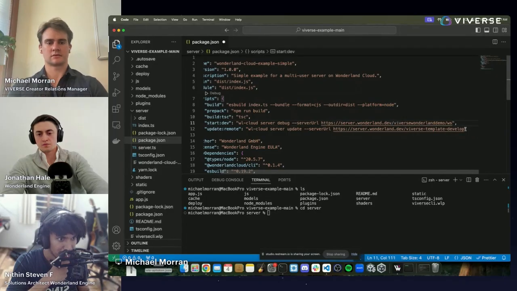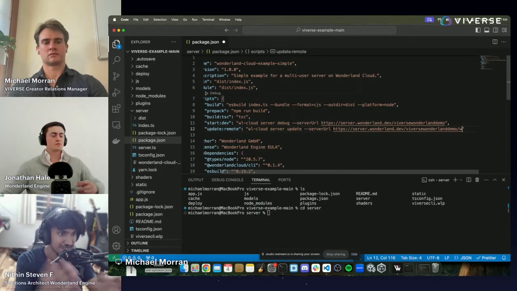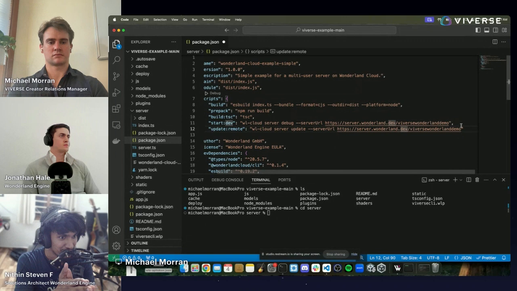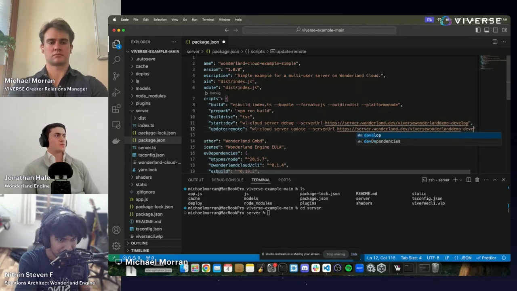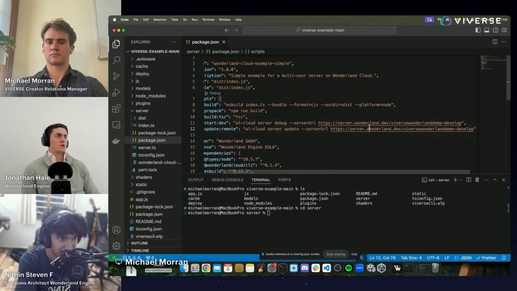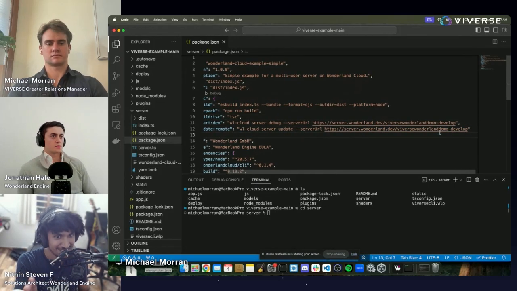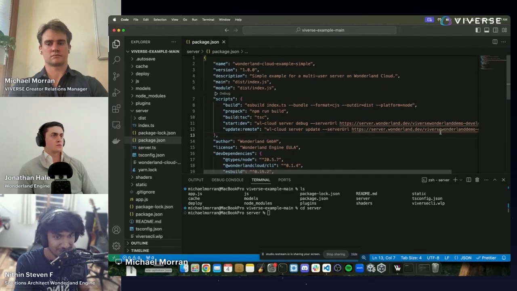and paste it. So just like that, right? No, wait. No need for the /ws. You can remove that. Okay. Now it's also important to have the /develop for some reason. I mean, we will make this easier after a while, I guess. Like you need to add a -develop in the exactly. So I guess like you only need to paste it on the start dev script, because that's only development server